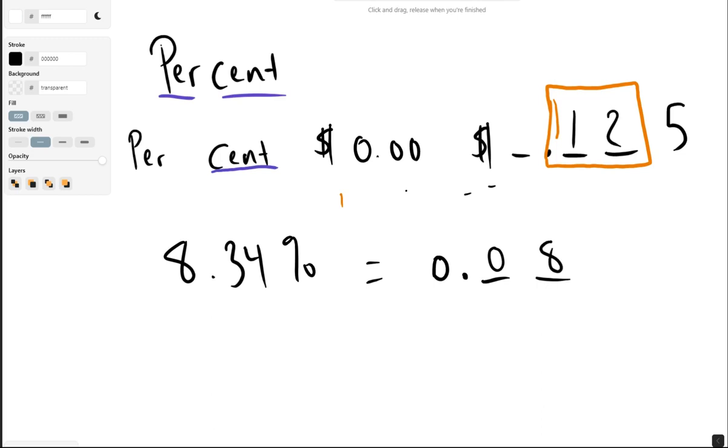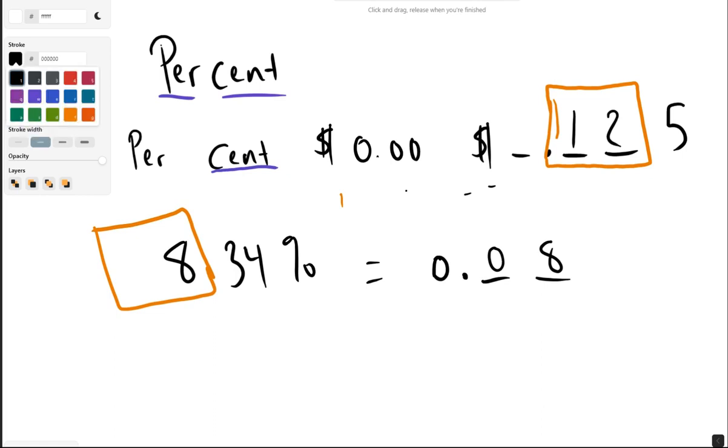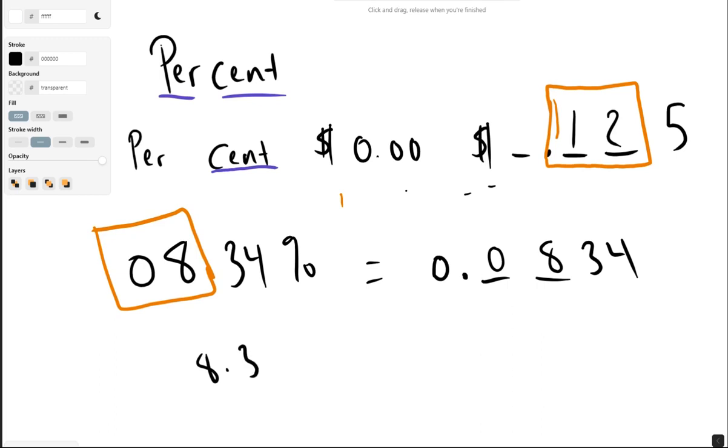So we're looking at just the cents part. And look, there's a zero missing there. I want to have two digits, so I'll make sure to fill in that box. I want 8 cents, so here it is, 8 cents. And then the rest of it, I just tag on because I can't have two decimal points. So 8.34%